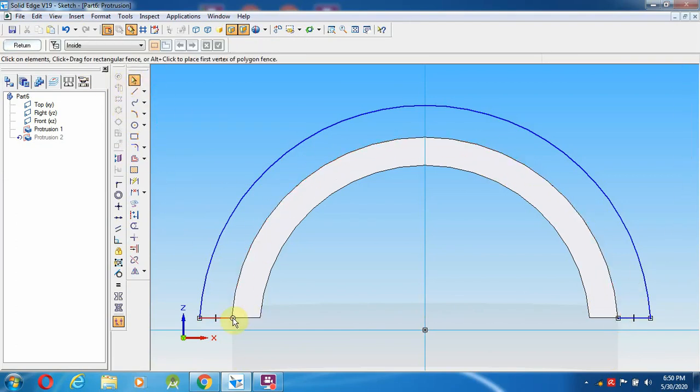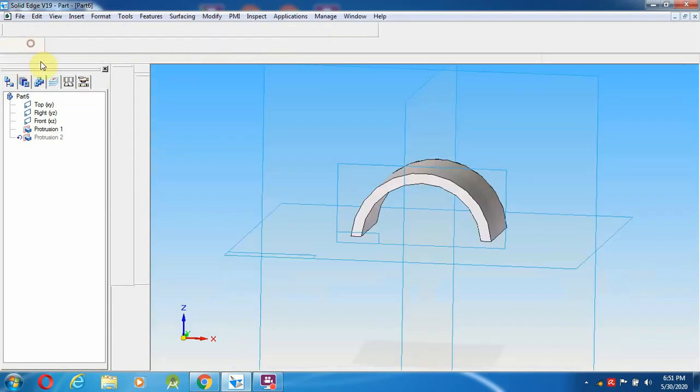That's it. So select arc from here, mid and over this end of this line. So the arc has to be drawn. Then I am going to give return.